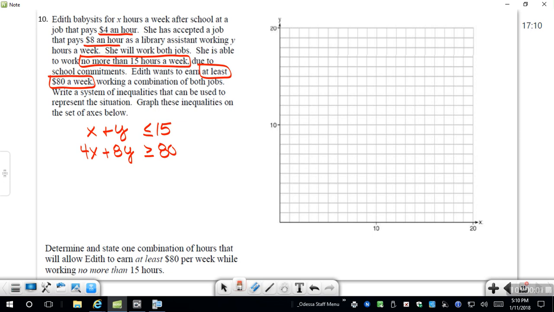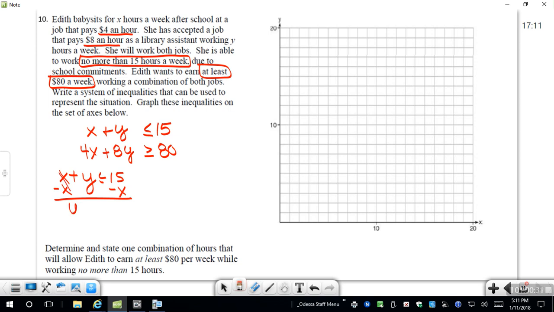Now guys, it is very, very tempting to look at this and say, oh, we're going to use the elimination method to solve this. But then we're going to remember that we can't, because inequality systems cannot be solved algebraically. They must be solved graphically. And in order to solve them graphically, they must be solved for y first. So we're going to take both inequalities and solve those for